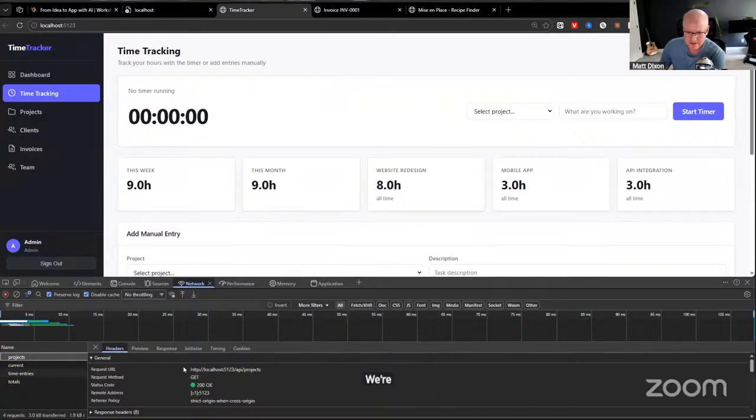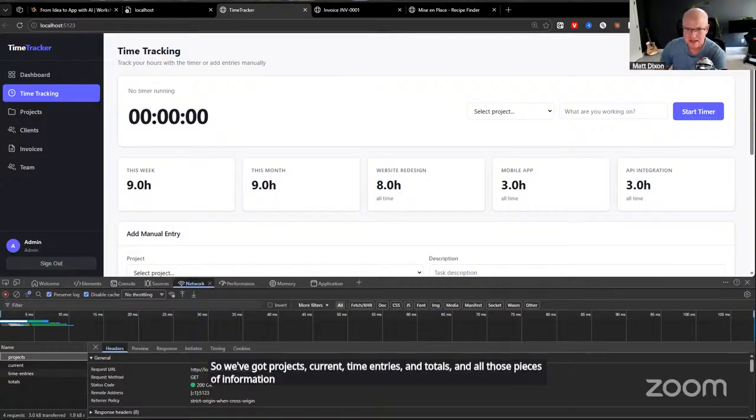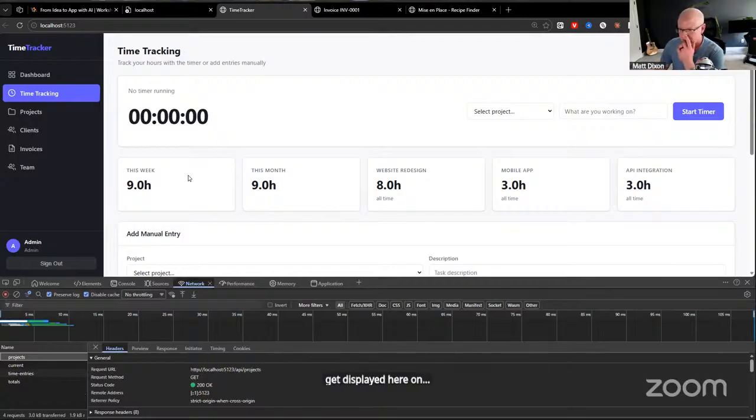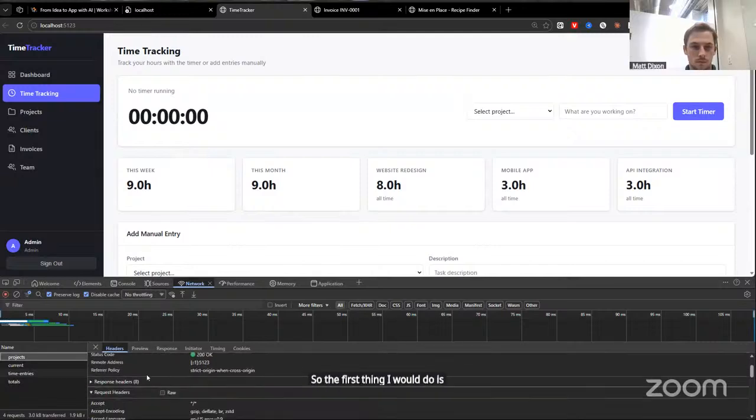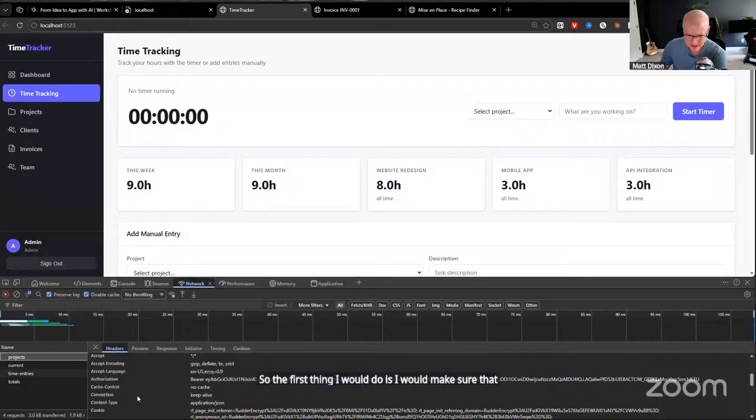We're getting in the weeds. I understand, so some of you are just tuning out, and that's fine. But what happens is the browser will make a request behind the scenes, and that's what we're looking at here. So we've got projects, current time entries, and totals, and all those pieces of information get displayed on the dashboard. So the first thing I would do is make sure that there's a